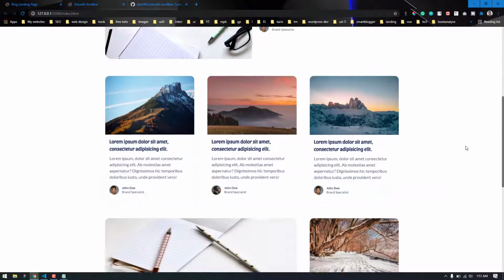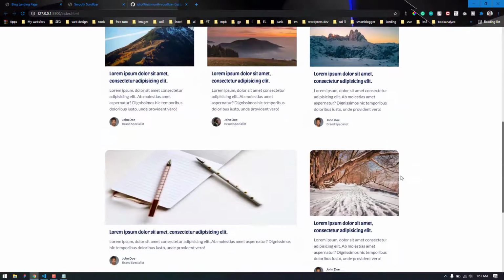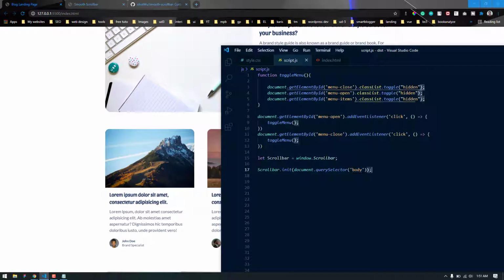But now we are going to see how we can add different options, how we can customize the default scrollbar effect. For that, we are going to add another variable here, which is the options. We can name it whatever you want. So for now, we are going to create the variable. So let's use const, and this is the variable name we have used in here, and it will be an object of options.